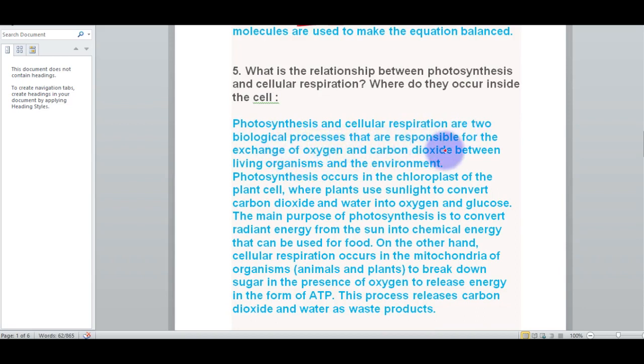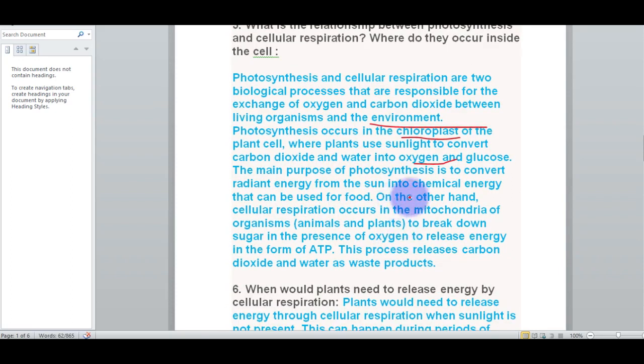and cellular respiration are two biological processes that are responsible for the exchange of oxygen and carbon dioxide between living organisms and the environment. Photosynthesis occurs in the chloroplast of the plant cell, where plants use sunlight to convert carbon dioxide and water into oxygen and glucose. The main purpose of photosynthesis is to convert radiant energy from the sun into chemical energy that can be